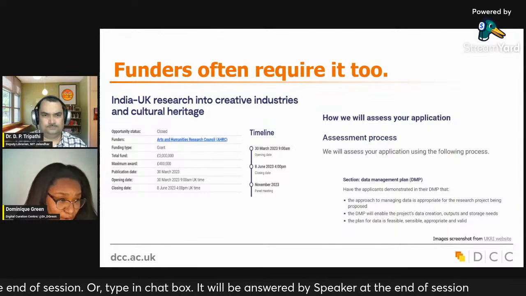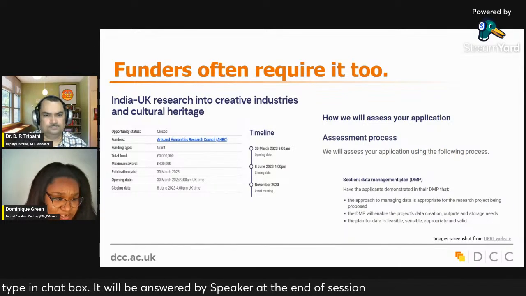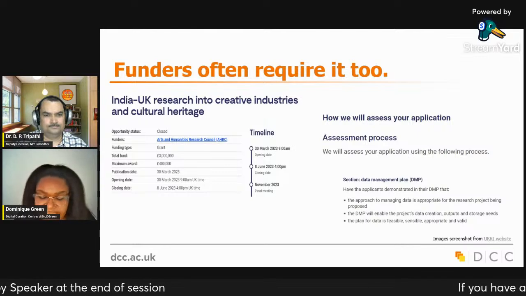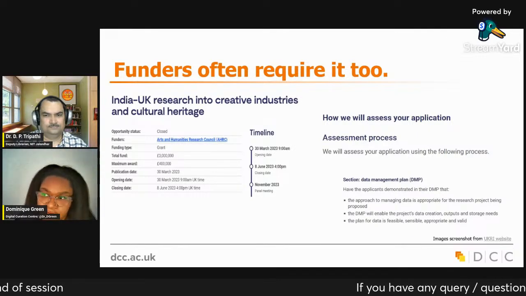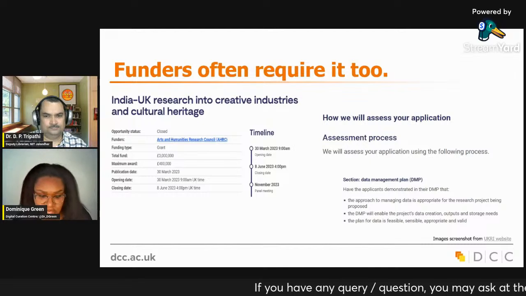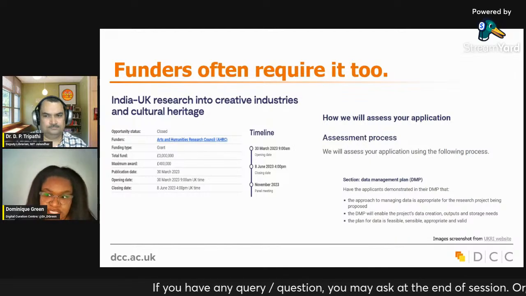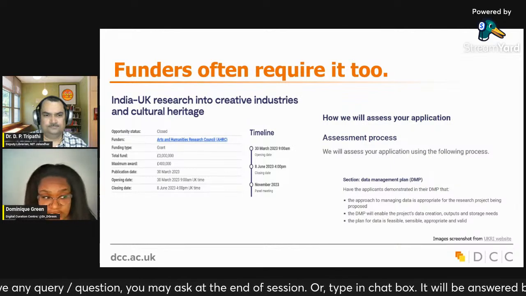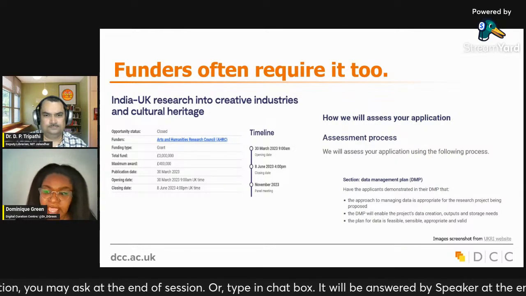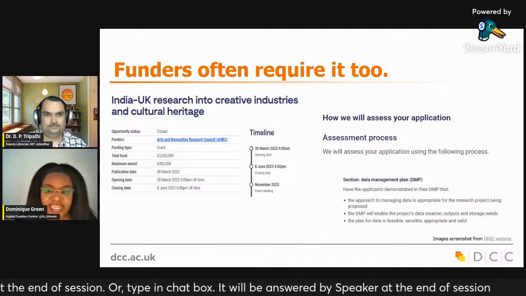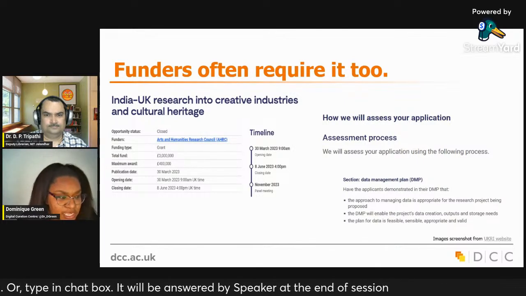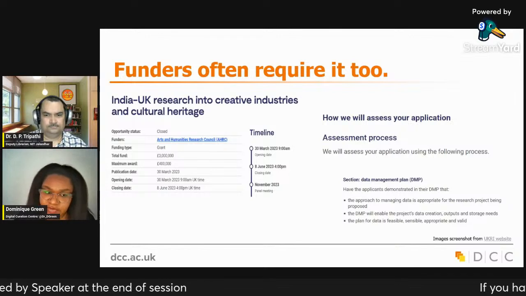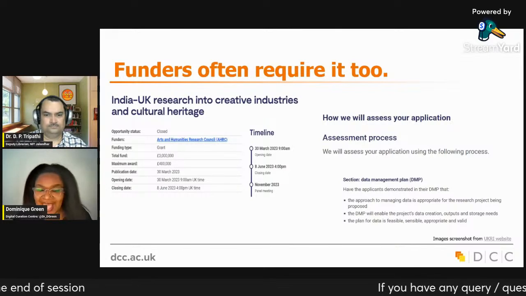Funders are often requiring data management plans as well. In preparation for this webinar, I was taking a look at some of the Indian research organizations that might fund research. And I came across this one that was a partnership between India and the UK about the creative industries and cultural heritage. And while this proposal is complete, I think it's important for me to show you how